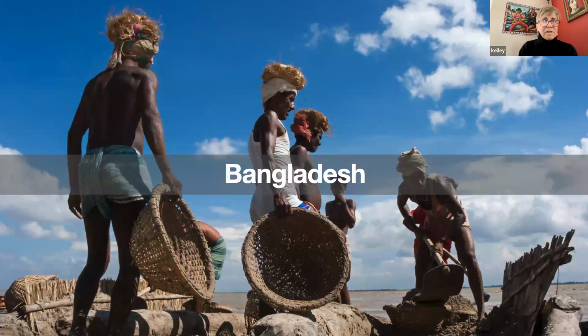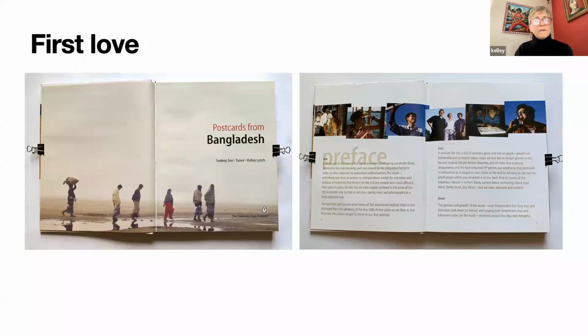In light of that, in the spirit of what I'm talking about in terms of retention and storytelling, as I mentioned, I'm going to tell you my story, which really started when I moved to Bangladesh. That was a long time ago, in 1995. And Tanvir and I, Tanvir, whom I've mentioned several times as being on this